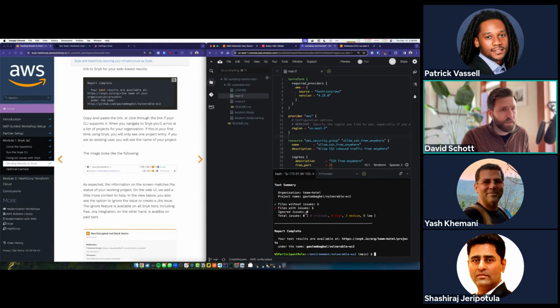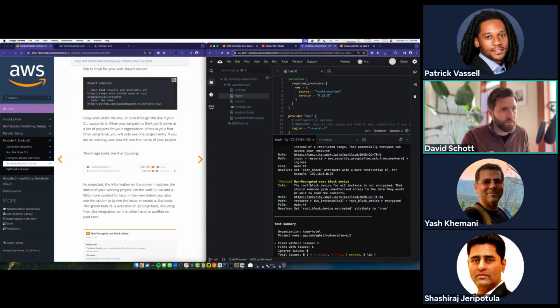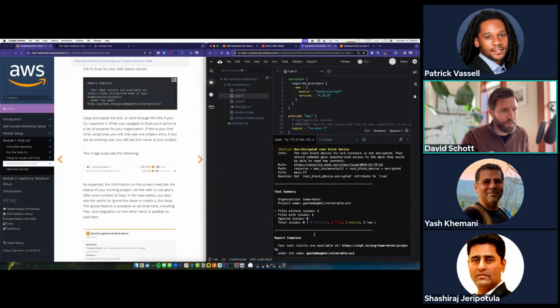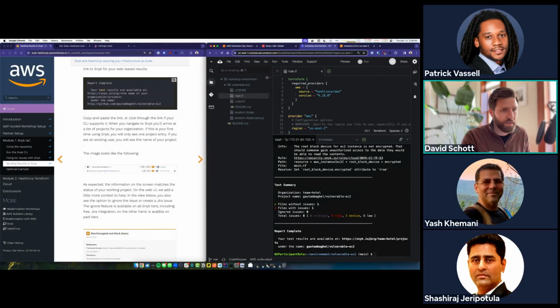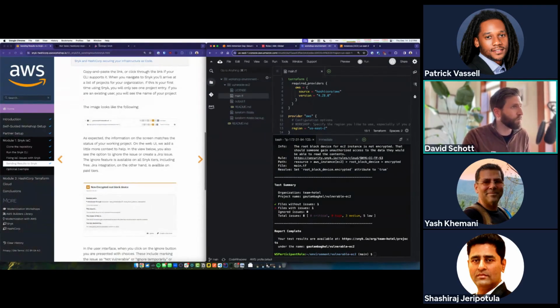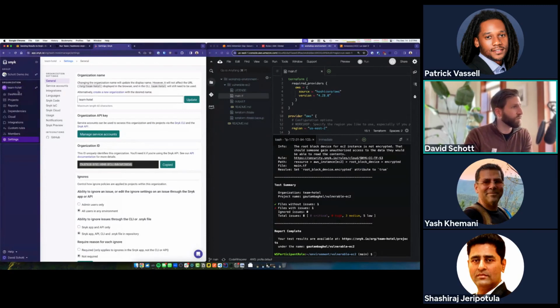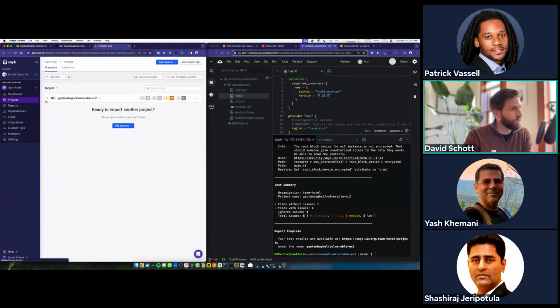All right, and we should get a result that looks the same as before, but it's got an extra line at the bottom that says your test results are available over here in the Snyk platform. So we could either click this or just go over to Snyk, and what we will find is if you go to your projects view in Snyk, you have a new project right there.